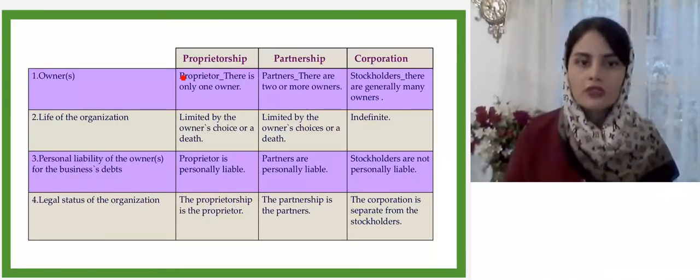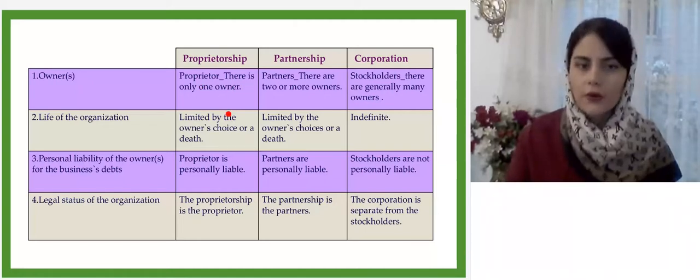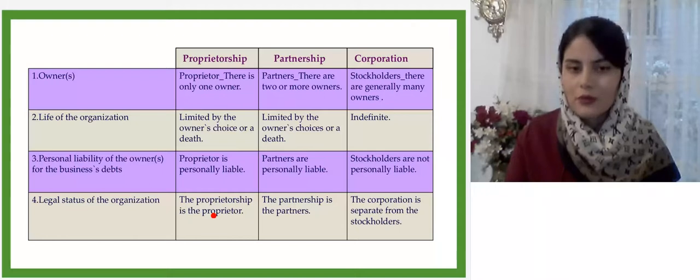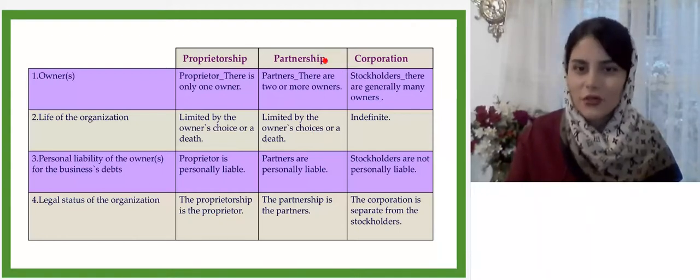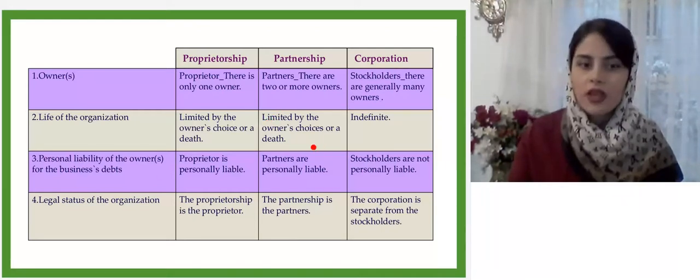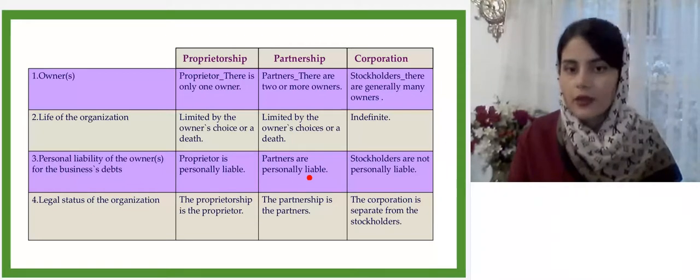You can see here, for the proprietorship, there is only one owner, and the life of the organization is limited by the owner's choice or death. For personal liability of the owner for the business debts, the proprietor is personally liable. For the legal status of the organization, the proprietorship is the proprietor. And for the partnership, there are two or more owners, and the life of the organization is limited by the owners' choice or death. For personal liability, partners are personally liable, and the partnership